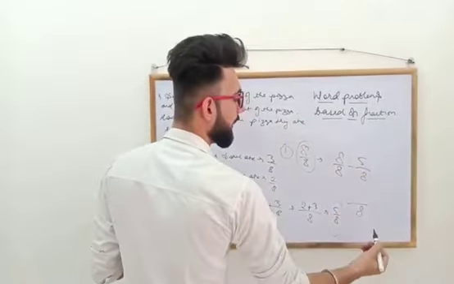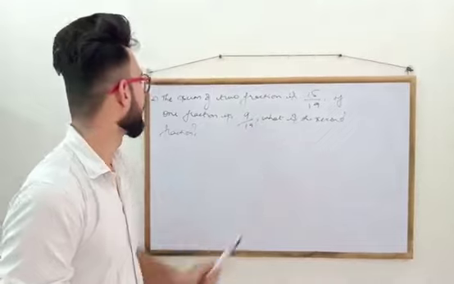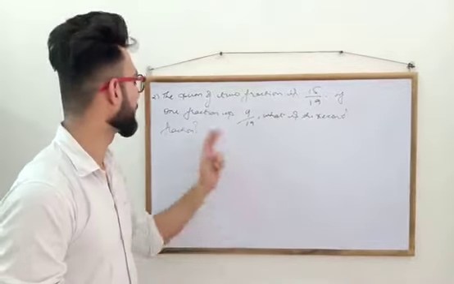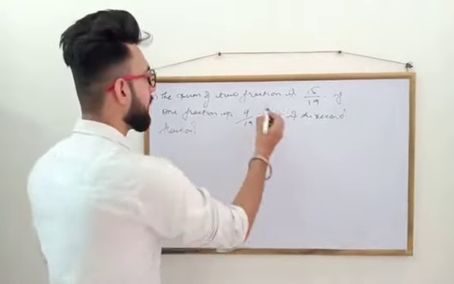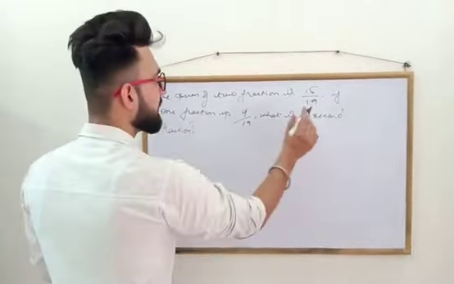Now moving on to the second example. The sum of two fractions is 15/19. If one fraction is 9/19, what is the second fraction? Now we have the sum of two fractions, that is 15/19, and we have the first fraction, that is 9/19. We need to find out the second fraction. So with the help of statements, we'll begin with first fraction is equal to 9/19. Okay. Now we need to find out the second fraction.